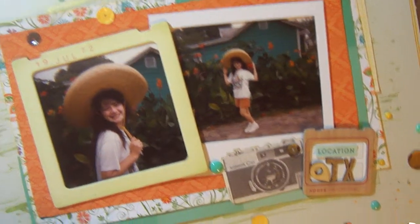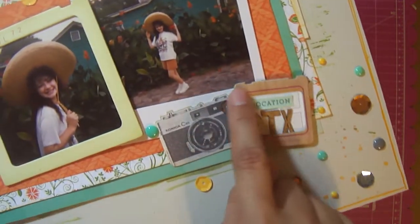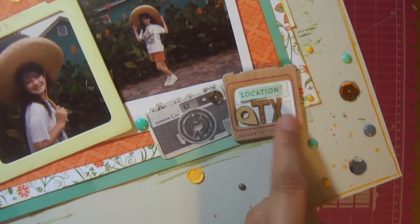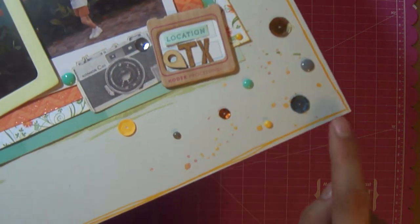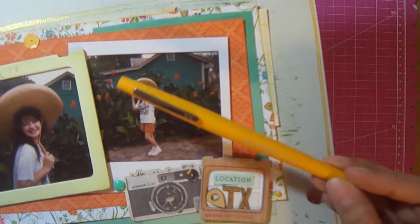I'm not quite sure. See, here's that camera I cut out of that Tim and Beck paper right there. This is one of those Pier collections I used, and a geotag and location was in Texas. And I just used some more stickers and enamel dots, and I did some outline with this Papermate pen that